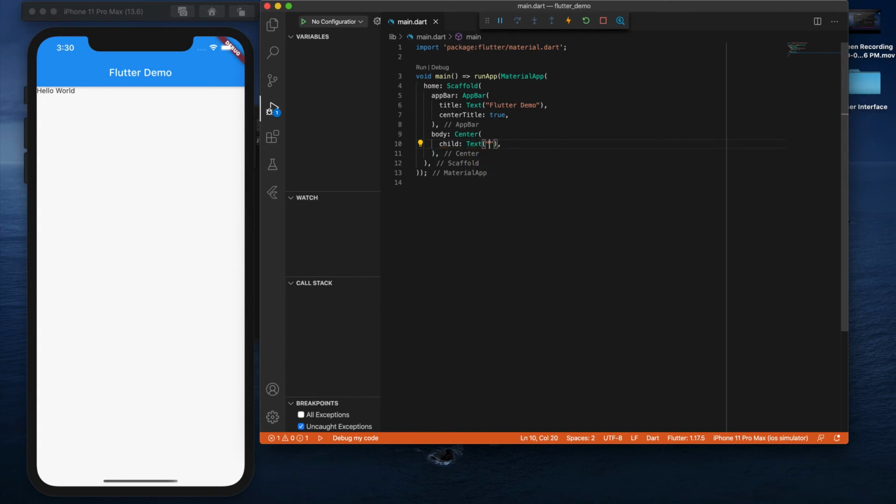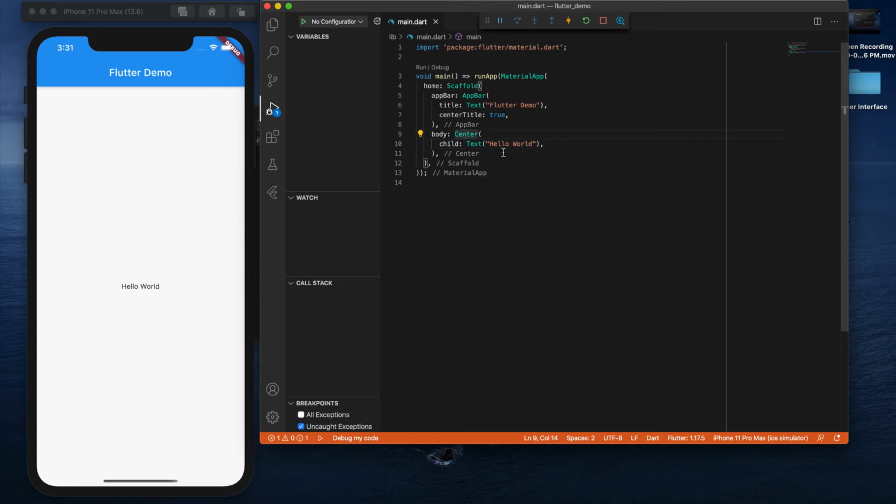Here you can write hello world. So the child property is showing the hello world here. Now you can run this, and it appears in the center of your application by using the center widget.